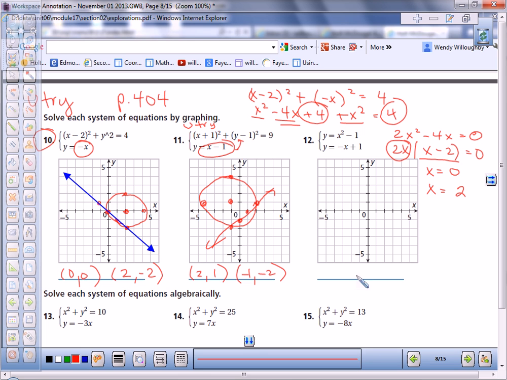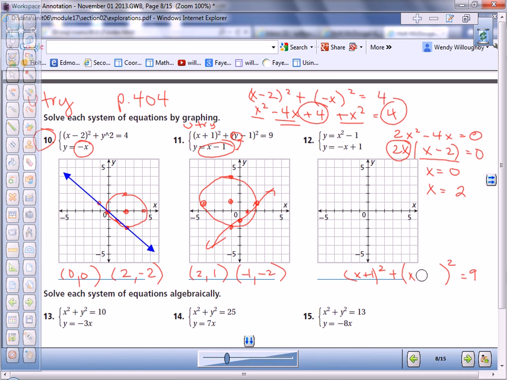So now we get x squared plus 2x plus 1 plus x squared minus 4x plus 4 minus 9 equals 0. So we get 2x squared minus 6x